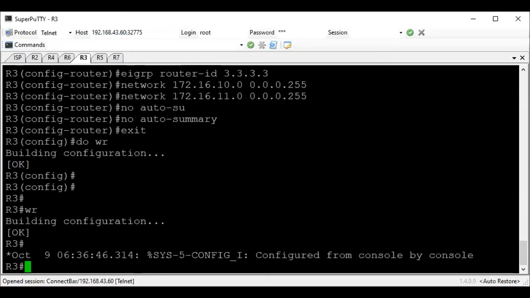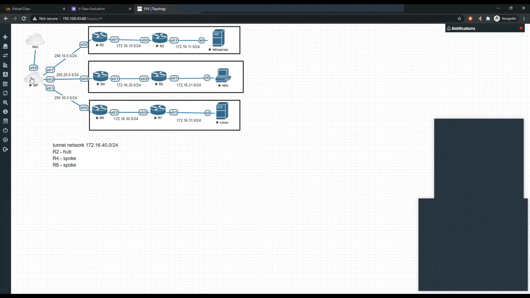So we still have 8 minutes. I think we still proceed. So going back to the topology itself, we are now done with the ISP. We have confirmed that the ISP actually has connection to the internet, and we are done with these three and these three. So the only remaining thing is to give internet connection to the three edge routers, namely router 2, router 4, and router 6,